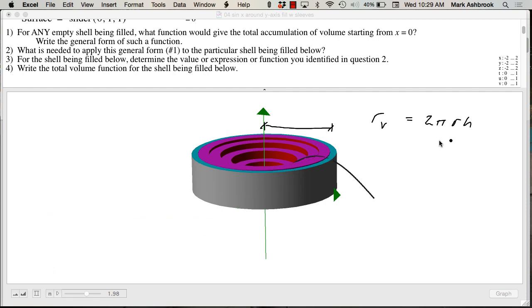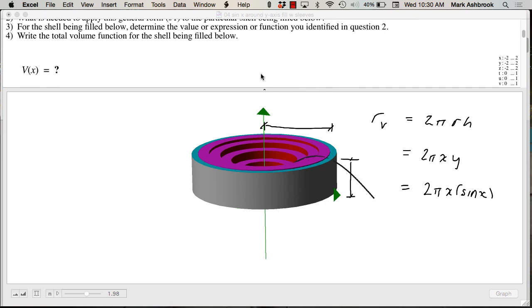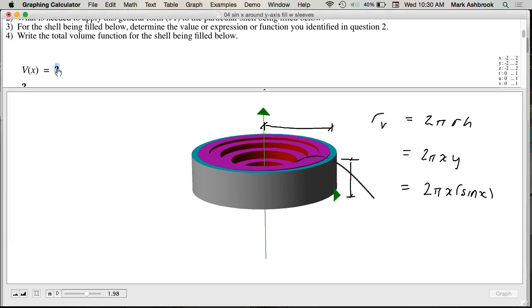So we can write 2 pi x. The height of this shell. Is it the x coordinate, the y coordinate, a big change in x, or a big change in y? It's the y coordinate again. So 2 pi x times y, and we need to get that all in terms of x. So it would be 2 pi x sine x. Here we go, quick. Ready? So the volume is Control-Shift-I, integral from,